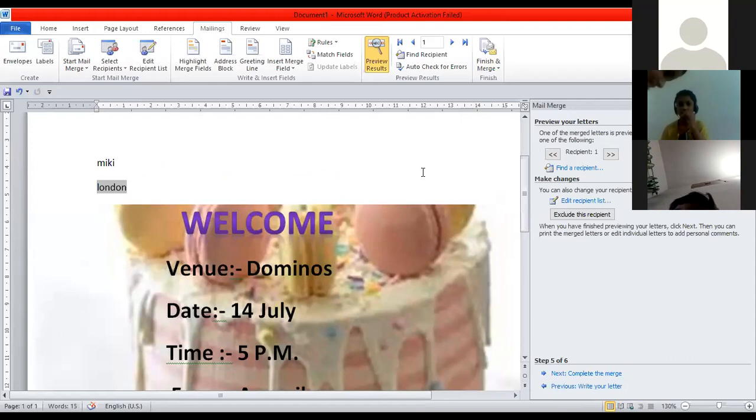Now you can see here on the top, where my cursor is, can you see? This is recipient 1. 4 recipient names we have entered. Recipient 2. Is it changing? I have not entered it here in this file. Have I entered? No, I have created that name in the list.